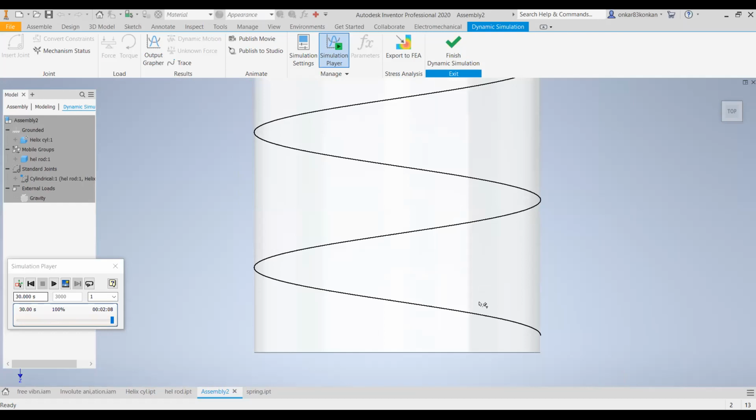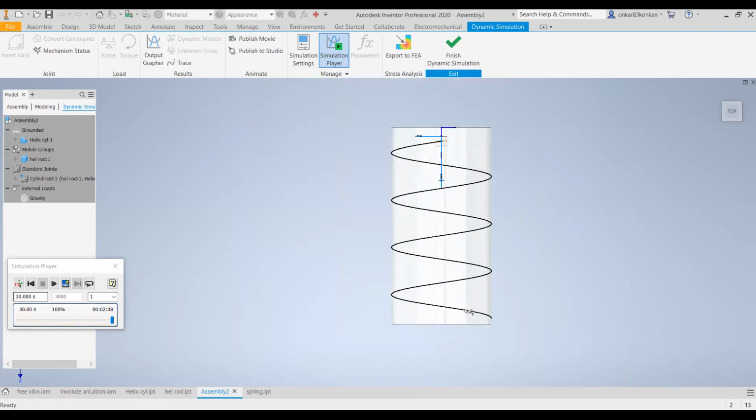So pitch means what? One complete revolution of that point on the cylinder. For that one complete revolution, the vertical distance traveled is called the pitch of that helix curve.